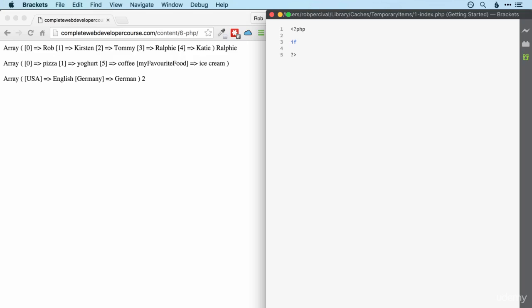We start off with if, and we put the statement that we want to check whether or not it's true in brackets, and then we put our code that we want to happen if it is true in curly brackets, as we're used to. So, for example, we might have a user variable, which for this particular user might be